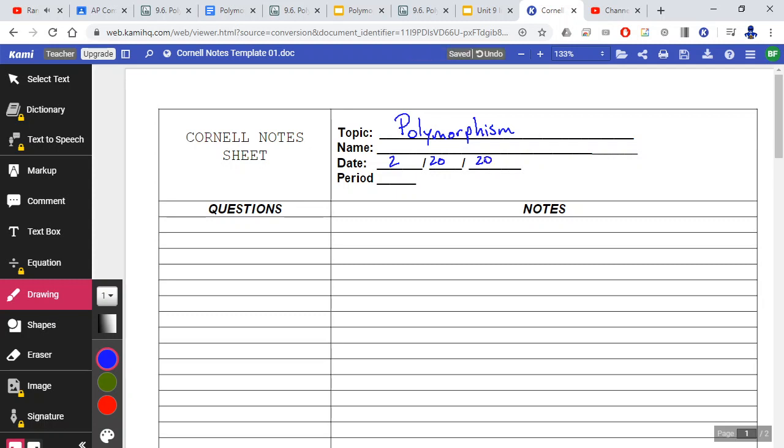Okay. So polymorphism. What does it mean? Well, really polymorphism means many forms. Those are the two roots, but that's too general for computer science. But I'm going to write this down. Many